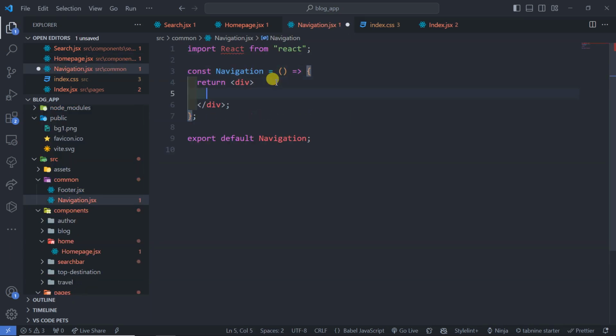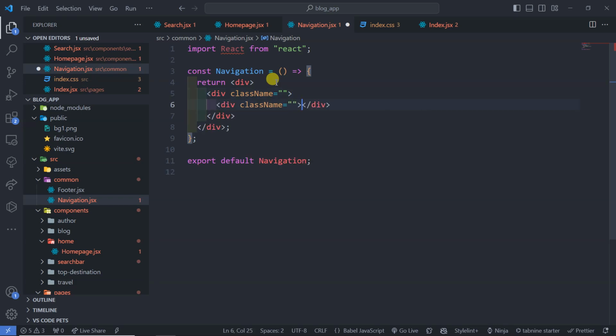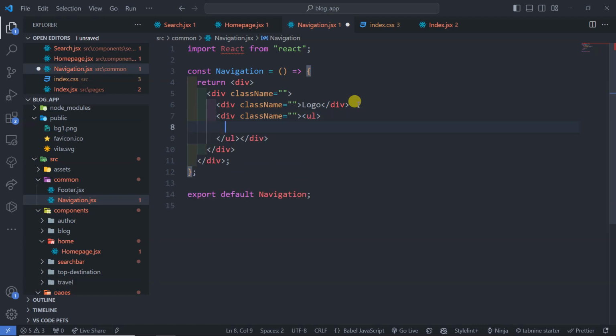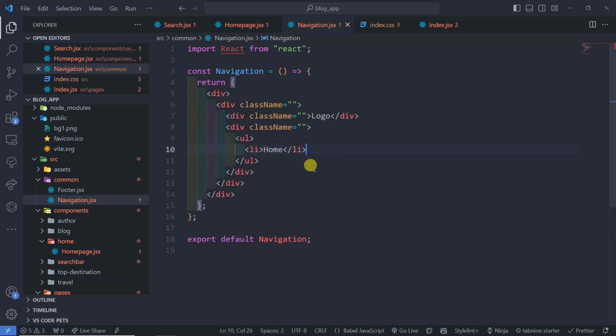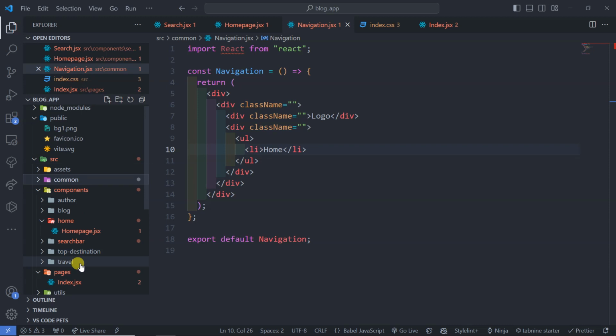For this one, let's have one more div here. This div will carry two different divs. The first one will help us with the logo, then the second one will help us with the UL. Within the UL we'll have the LI, which is the home. We need a home, or since we are making provision for the mobile view, we have to do an option here by creating another